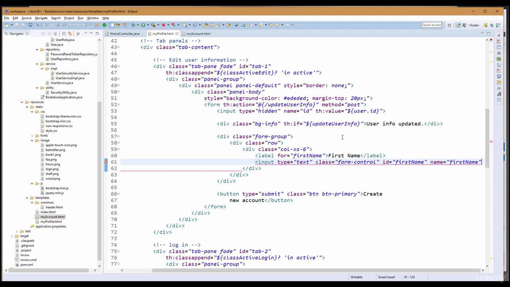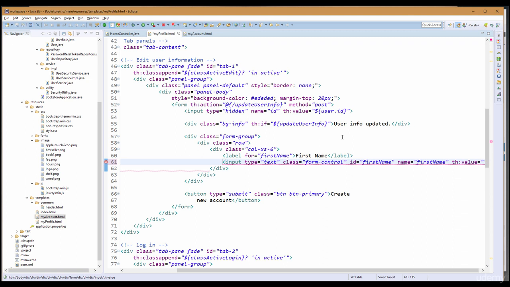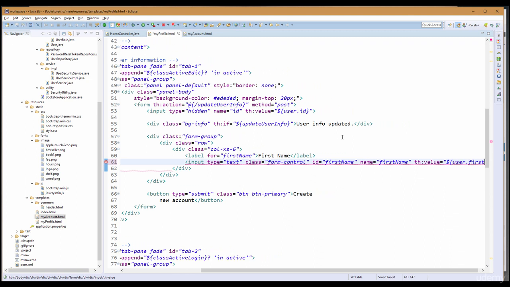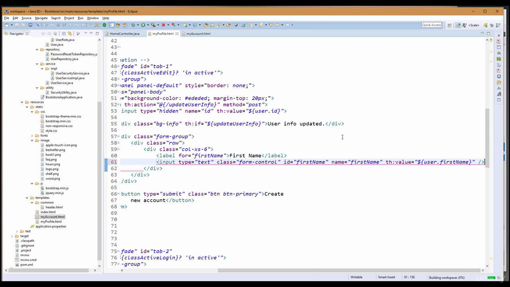And the value, we're gonna say th value equals to user dot first name. Okay. Close the tag, format it,